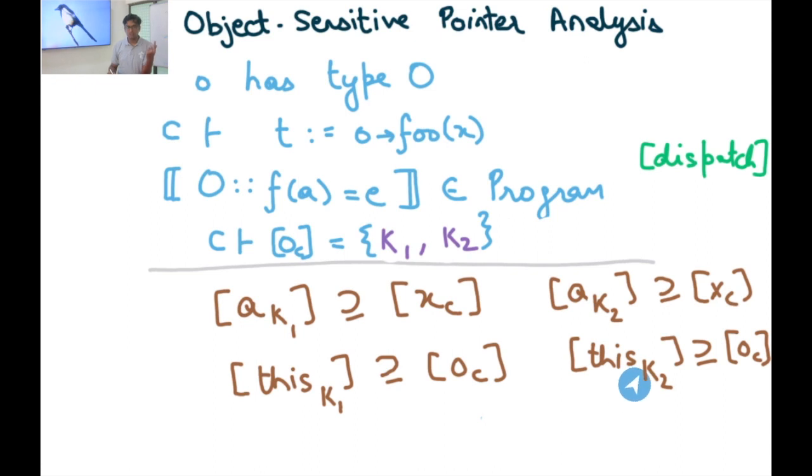And similarly, this k2's points-to set is updated using oc. And this is how the updates happen across a points-to across a function called dispatch. And finally, I want to say that the